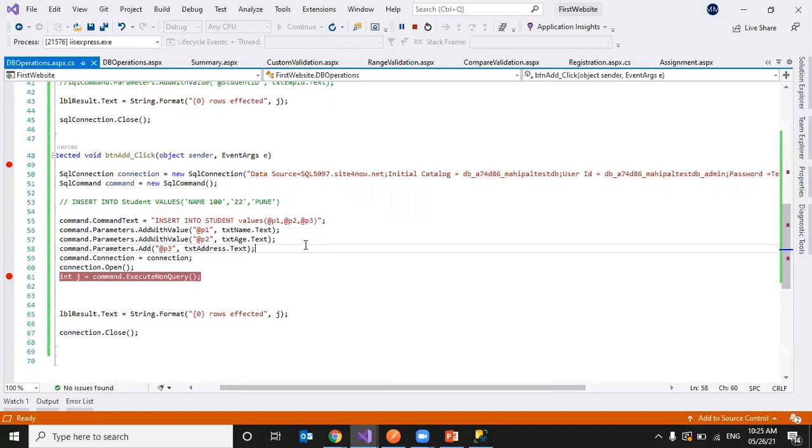Right? Any doubts here? We saw an example for select, for insert, and for delete. In the same manner, we can use update. Any doubts here? If we have time, we can check the other example as well.